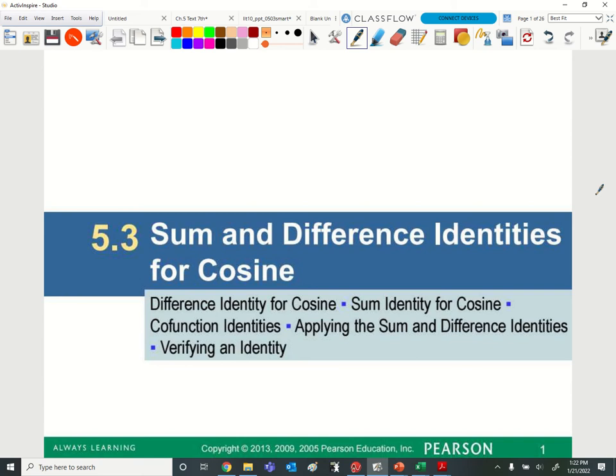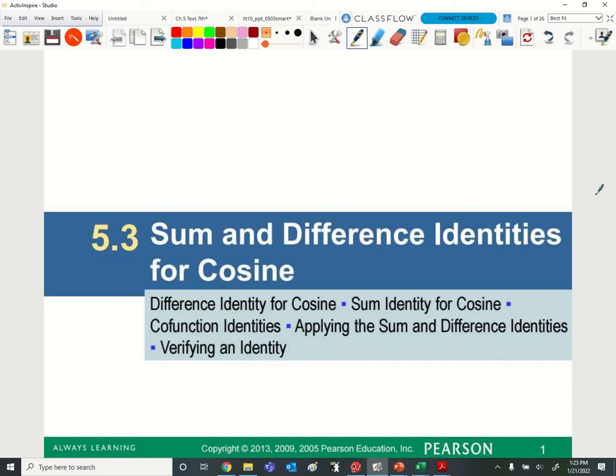You're not playing with your phone right now because you actually want to get a good grade on this, because this is a lot easier than what we did on 5.2. I told you 5.2 is the hardest unit. So from that point on, it's all downhill. This one's going to get a lot easier. So if you got your reference sheet, if you got your unit circle, now go find on your reference sheet